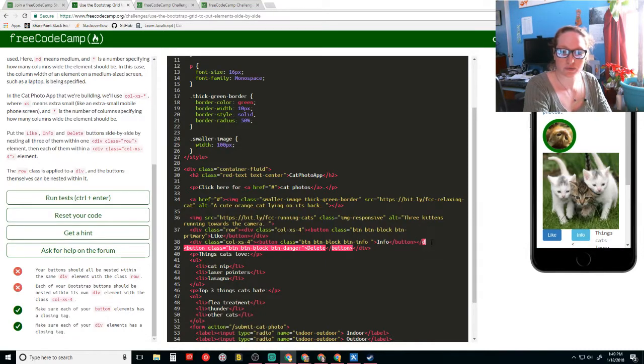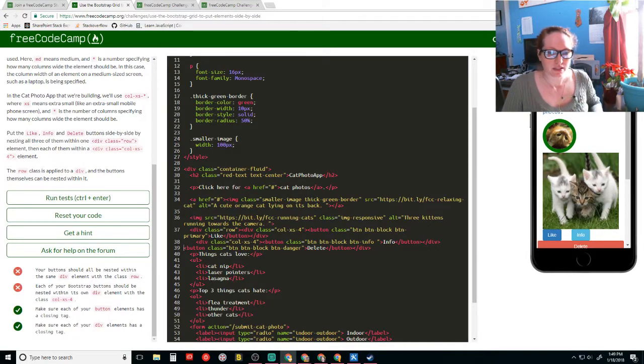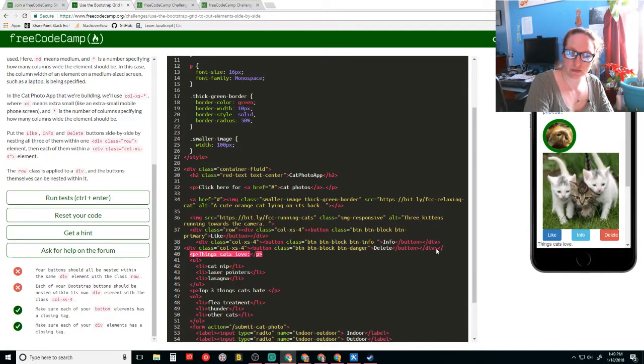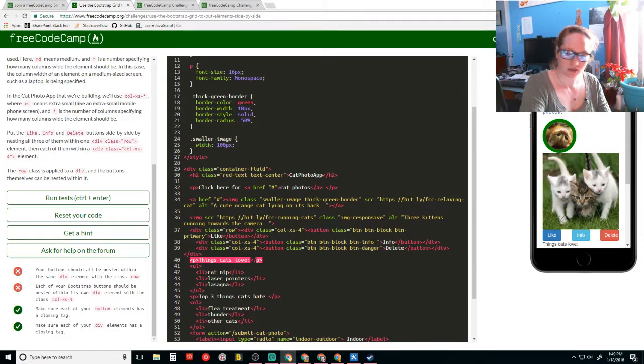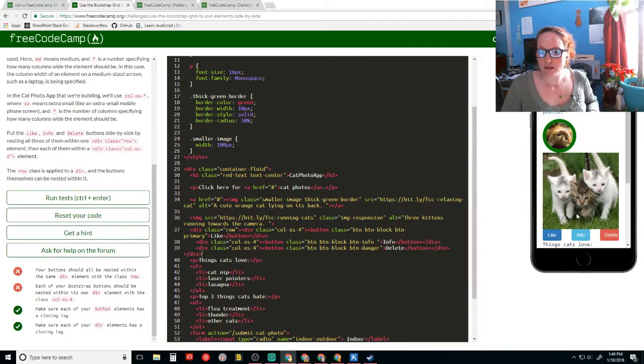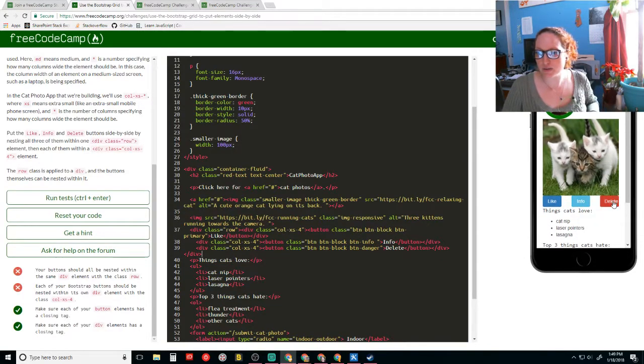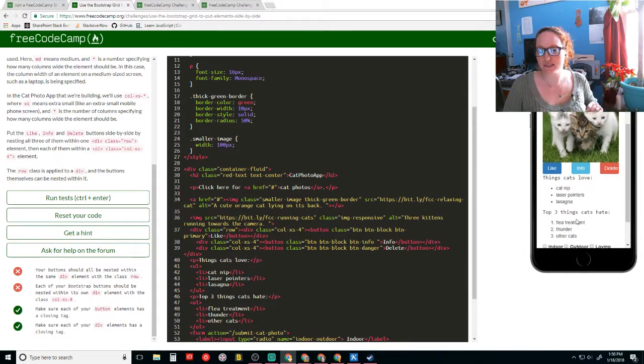Now it's doing what it's supposed to do, because just like you said, it had to go in between each one, and a double div here at the end. There we go. I don't like how that doesn't have the proper padding there, but I guess we'll work with that later.